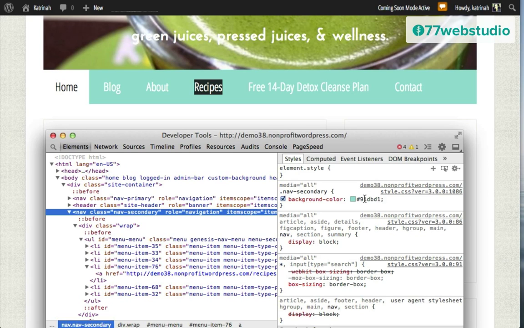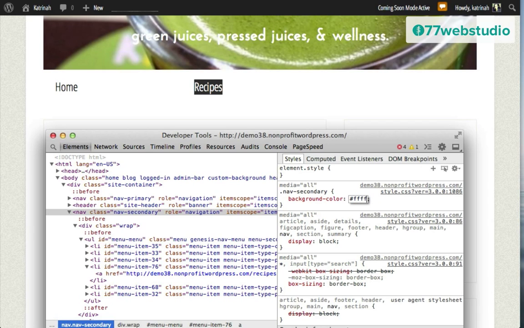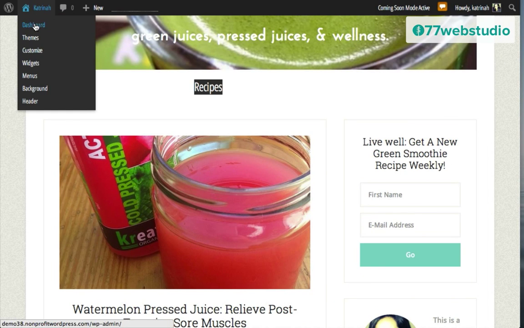I want to turn it from green to white, so I'm just going to click in here. Then I'm going to override it by adding my white color code, which is 6 Fs. There we go, 6 Fs, and we can see automatically it changes to white. Now, note that we cannot see the words anymore because those are also white colored, so it kind of blends in with the background. So we'll also change the color of the font in just a moment. Right now, I'm just going to copy the nav-secondary code right here with the background color, highlight it and copy it. Then I'm going to close this and go back to my dashboard.